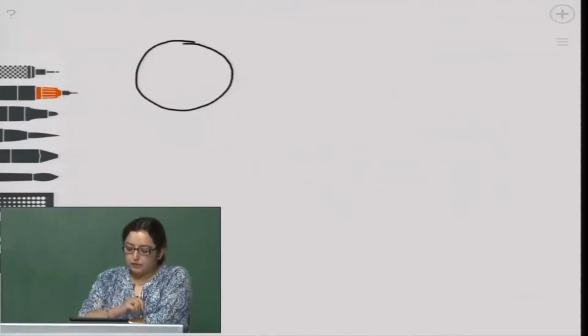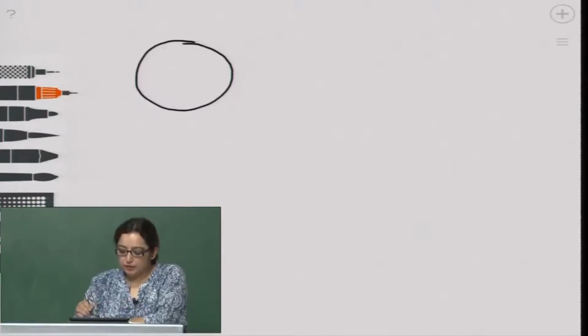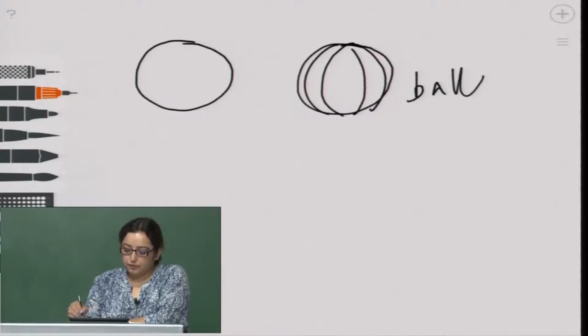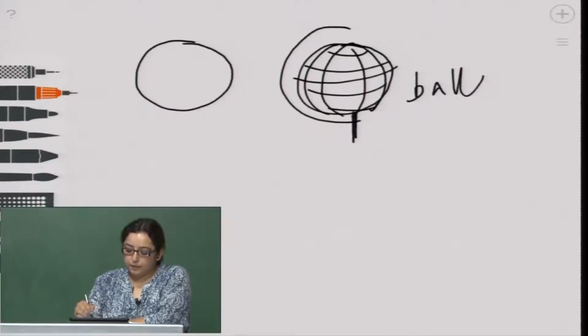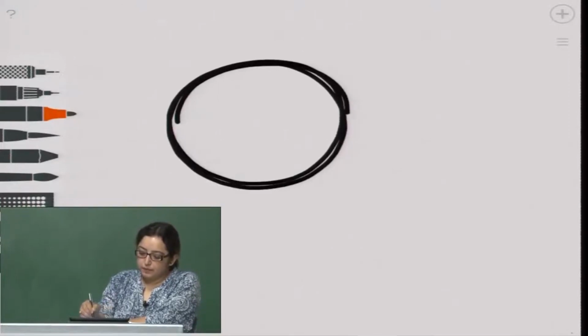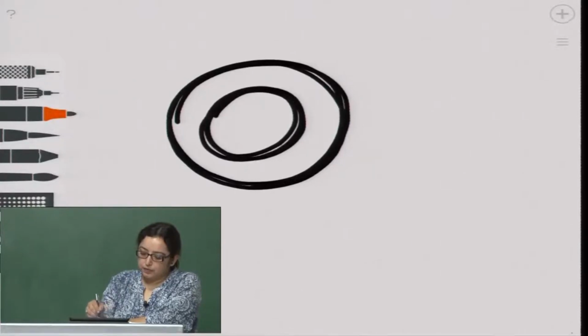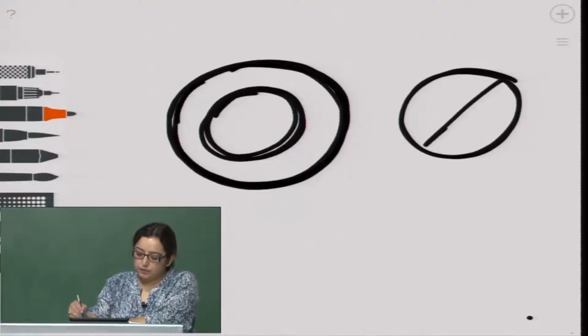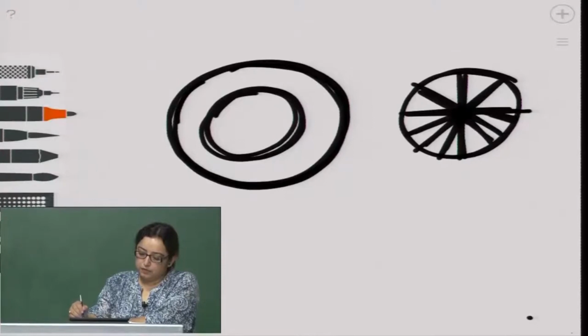A circle can be associated with many other things like a ball, it can be also seen as a globe, a circular form in a torus shape will give us a sense of a wheel. A tire like formation,